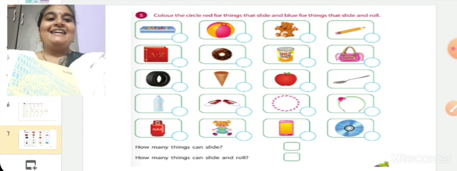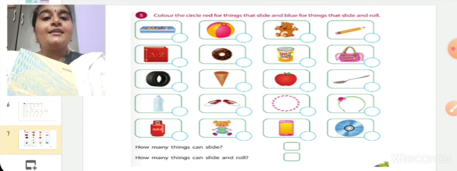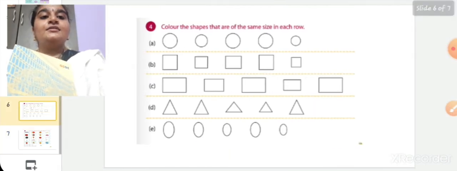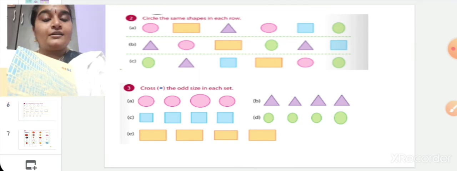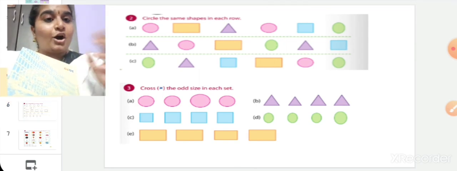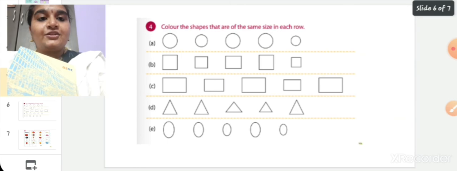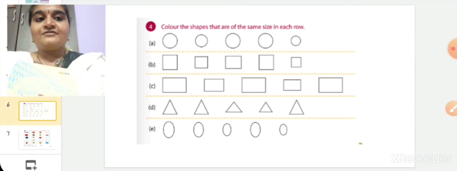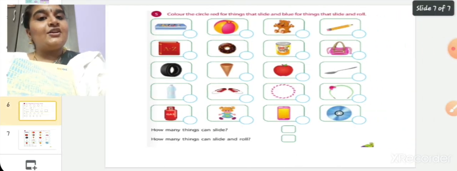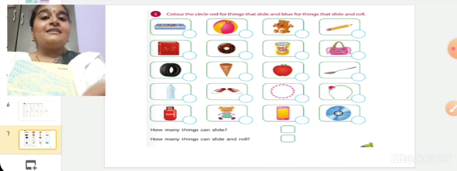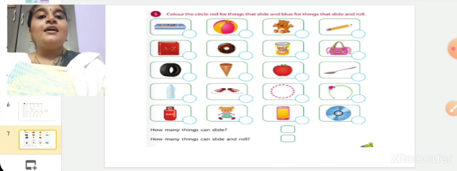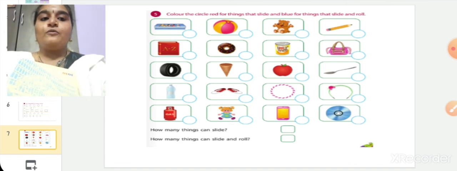So, children, you are going to cross the odd one out, and you are going to color those that are of the same size, and you are going to check the sliding ones and the rolling ones and color red and blue.